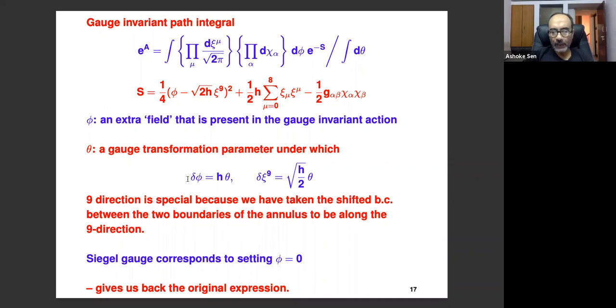So what you are going to do now is to go back to the original integral and work with this. Because when h is non-zero, then this is the same as the worldsheet answer. But now we can deal with this directly and set h equal to 0 and see what we get. If you set h equal to 0 in the action, this part vanishes, because g squared is h, so this vanishes. You are only left with 1/4 phi squared.